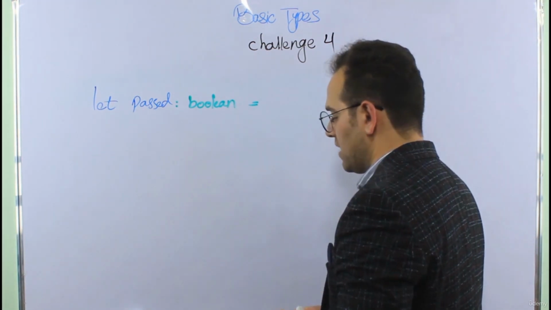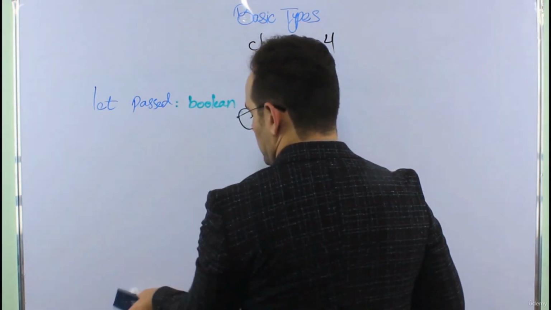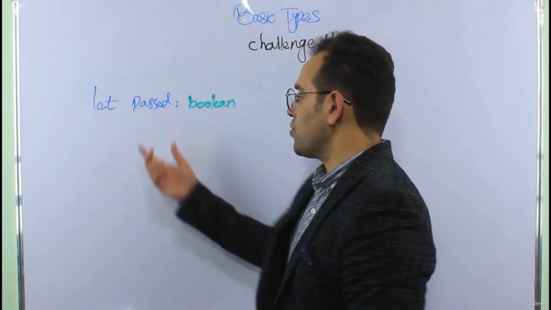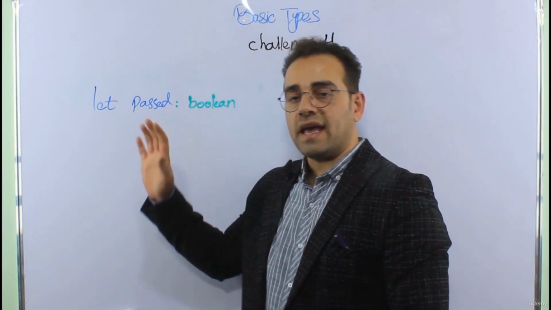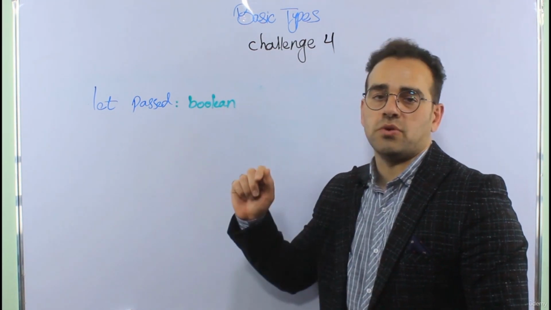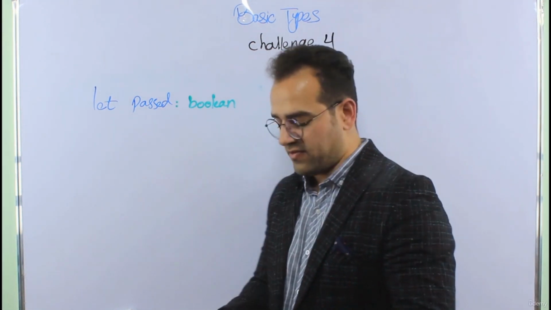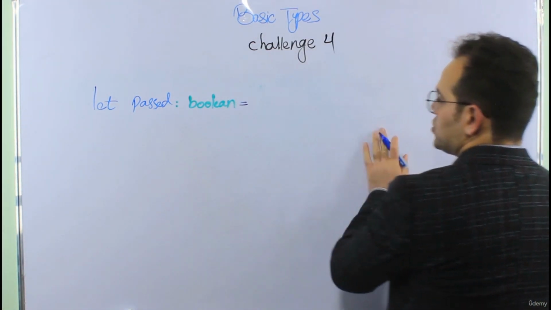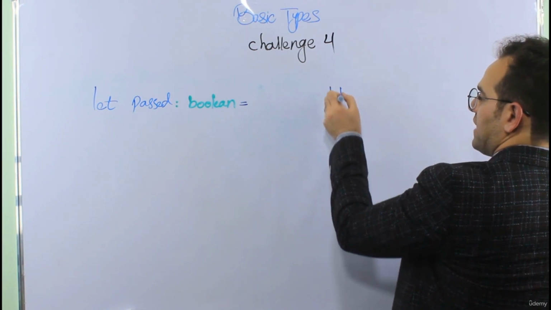And as soon as we type annotate it to type of Boolean, we cannot store within this identifier any variable or any value that is not of type Boolean. We can just store Boolean values in this variable, and we need to write the OR operator that is comparing